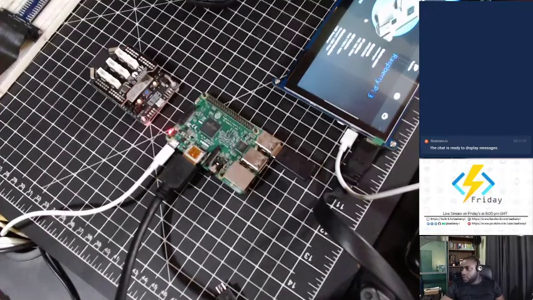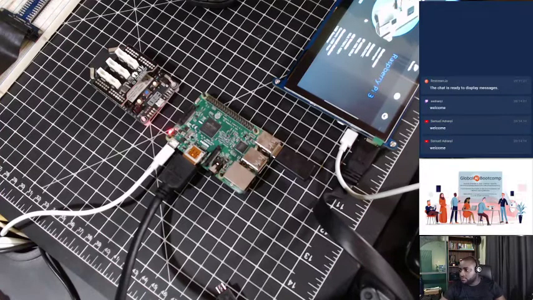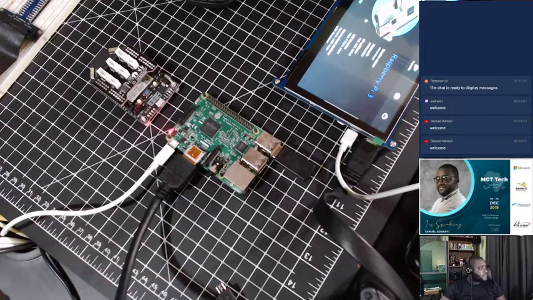Welcome if you have just joined us. This is IoT Tuesday. How has your day been? Anyone doing anything interesting? Yep. So you might be asking, so